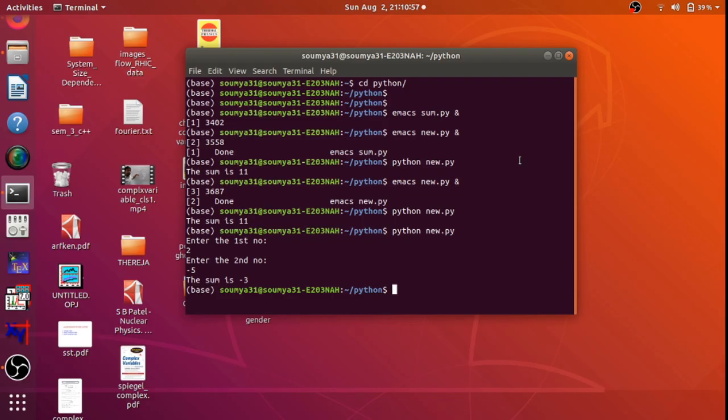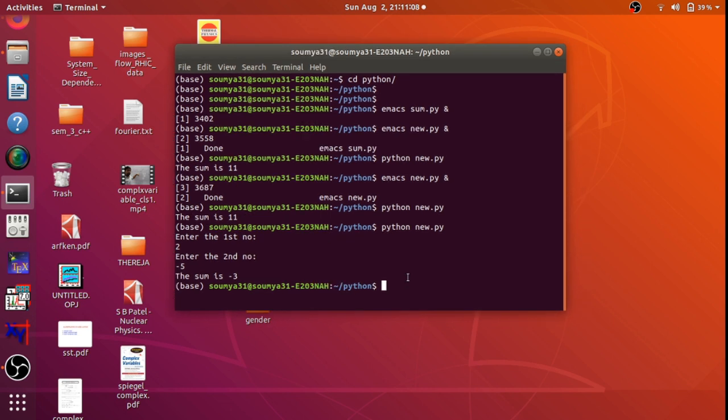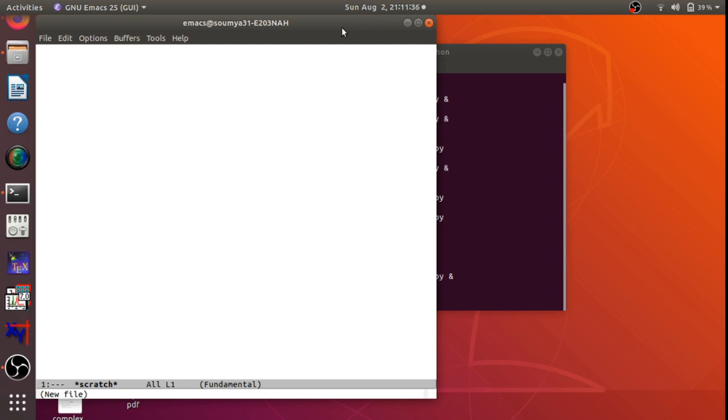Okay, so this time I will show you a simple program by the use of Python language. This is my terminal in my Linux setup. I just go to my folder which I have named Python, and then in this Python folder I will be opening a new text file, which I name as suppose new1.py. So I just open this text file. Okay, I have this text file with me.